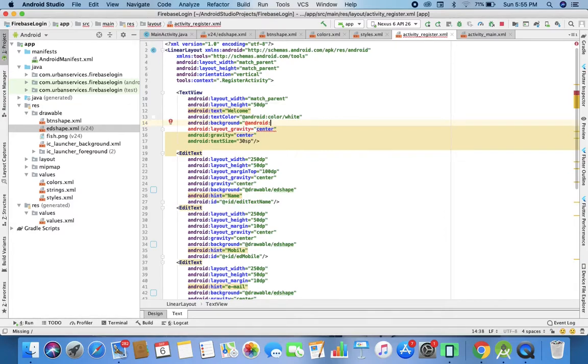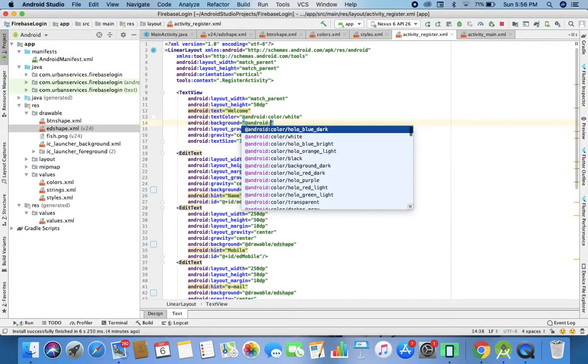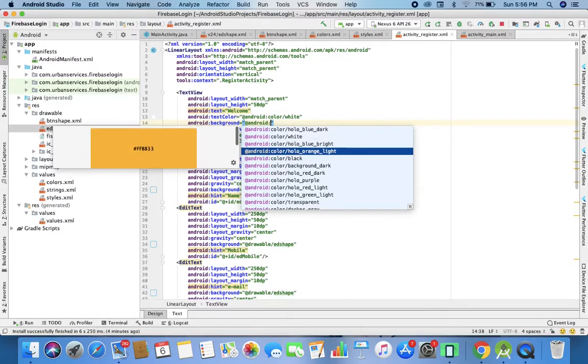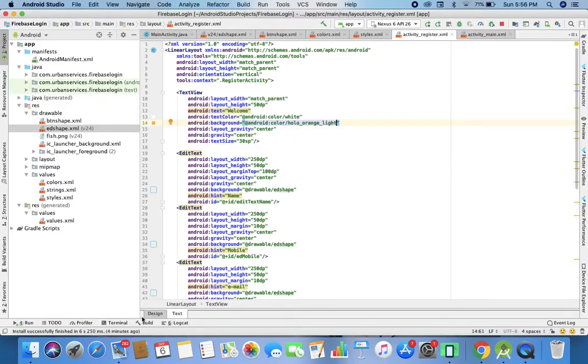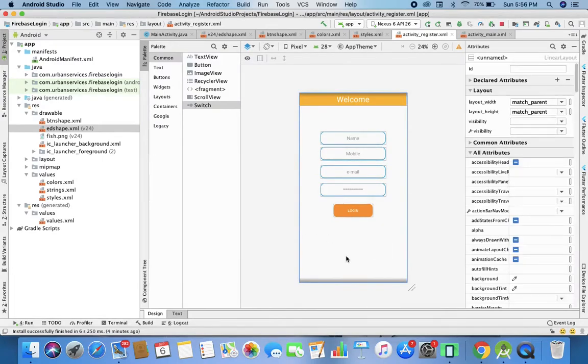Okay, Android color and the hollow orange dark. Okay, now it's fine. In the next video I'll change all these again because I have got my images and